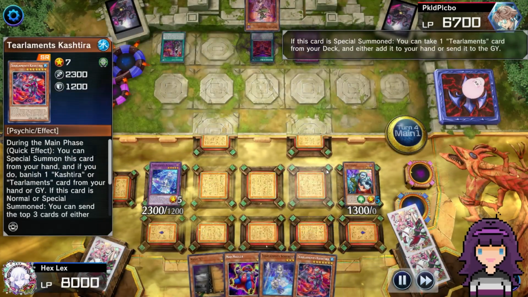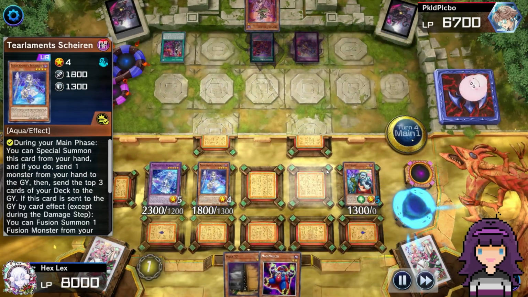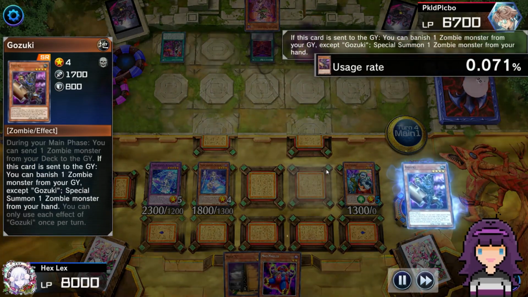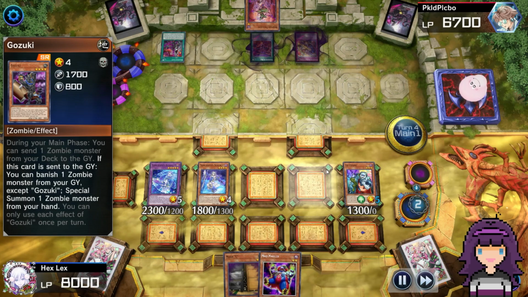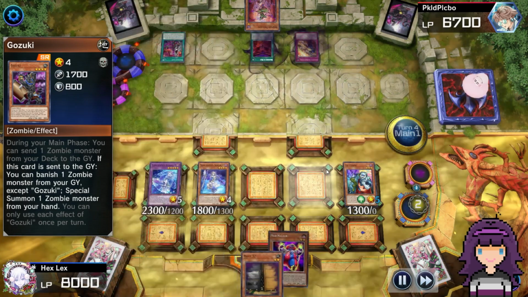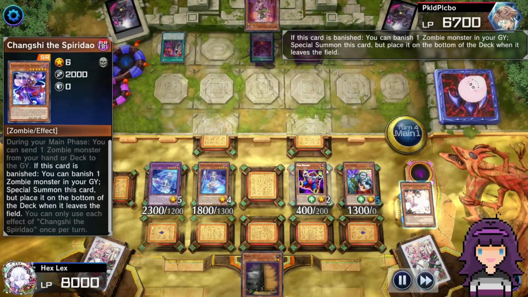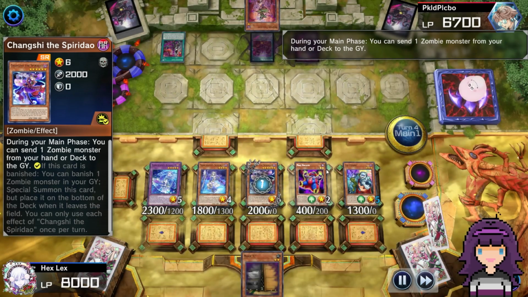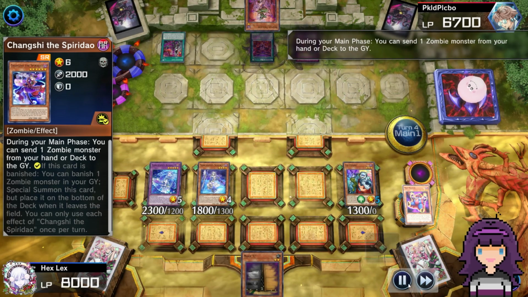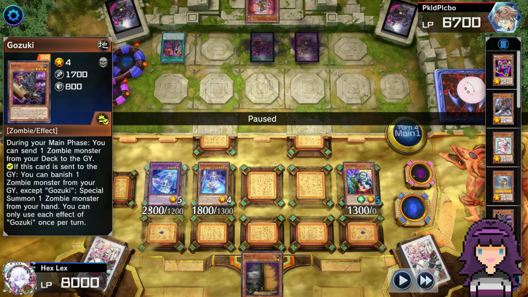And then using Kitkallos to add the Tearlaments Kashtira. Shiren is going to summon itself, ditching that Tear Cash in order to activate that. We milled Gozuki too, which is one of the ways to actually banish the Changshi out of your graveyard. It's one of the reasons why I like having the random one of Gozuki. Gozuki is also just a fine card too, because much like Changshi, I believe if I recall correctly, Gozuki can also,